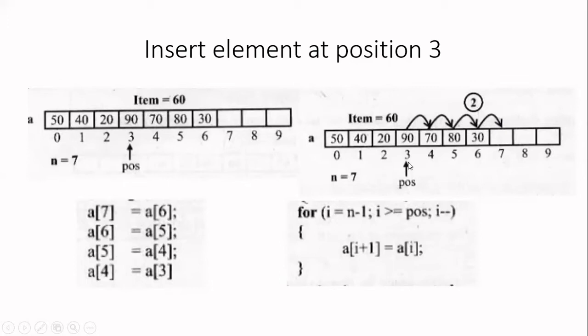You can see here, I want to insert at position 3. So I have to move everything until this 3 is reached. After 3 is reached, no need to move this 2, because you are not going to insert in that place. That is not going to be changed. So you have to change everything starting from position up to n minus 1. Okay, so now we are going to write the for loop.